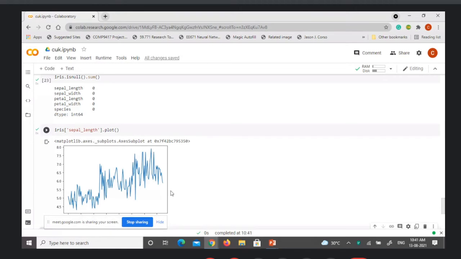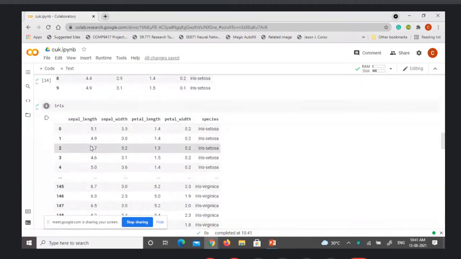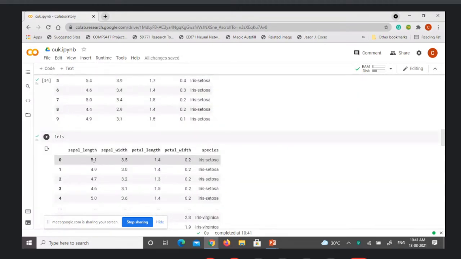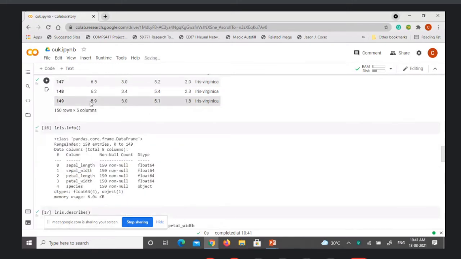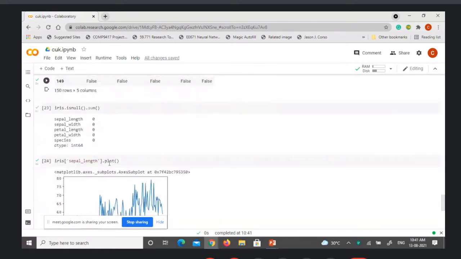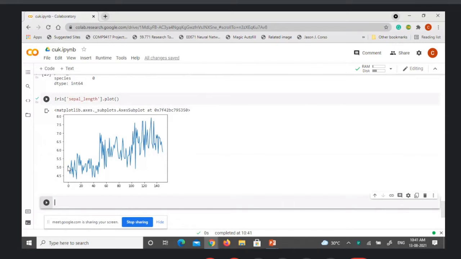If you see the sepal length, the first value when we printed was 5.1 and the last value was 5.9. So it started from 5.1, close to 5.0, and then this value is 5.9, close to 6. This is how the data is distributed for every row.